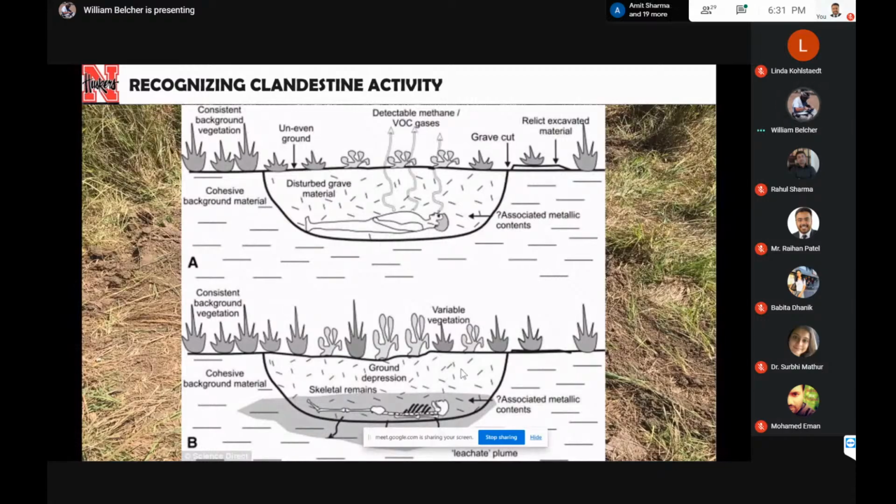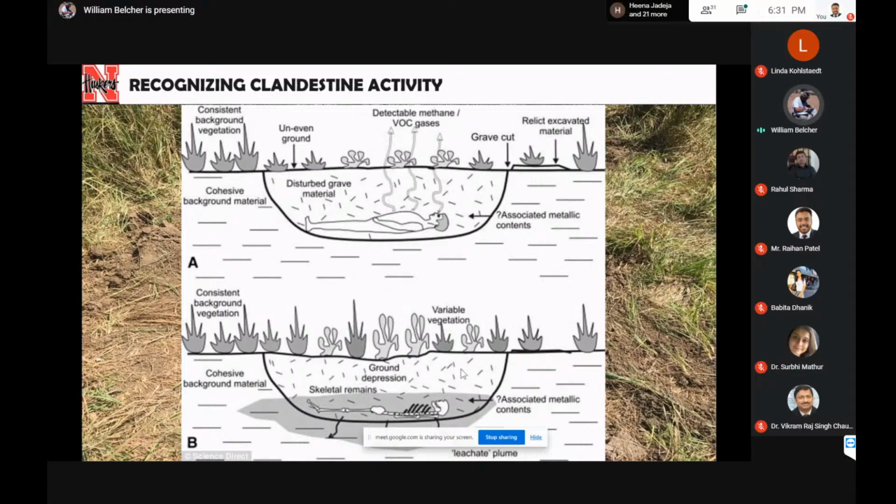putting the soil back. But as the remains begin to decompose, there's methane and other kinds of VOC gases that come out. The terrain begins to be uneven, and then as the body decomposes, the ground begins to collapse because of the void of the material as when it becomes skeletonized. And then because of the organic component of the decomposition, it causes much more lush vegetation to show up. And so we can use those clues to find disturbed ground, as well as other